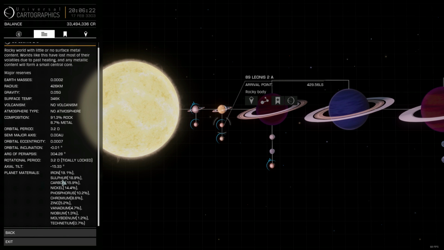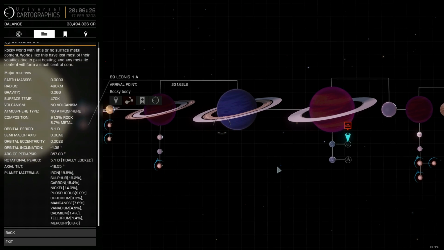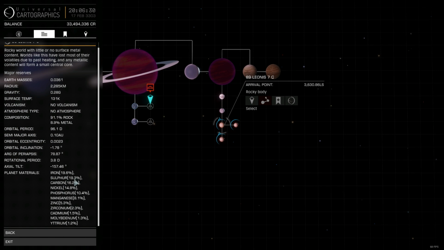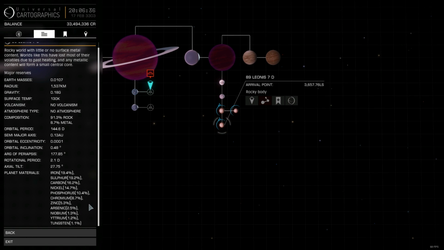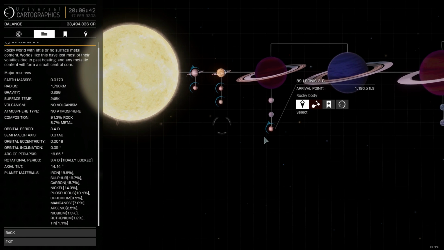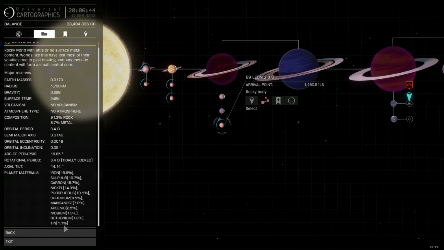As you can see, sulfur and nickel and iron are present on every single planet, more or less. I think I never saw any without. The more rare materials only appear on some. So if you want to look for tin, you shouldn't land on this planet, for example. I don't know if any planet in here has tin. Yeah, this one, 1.1%. So this is really important, and to get this information you need the